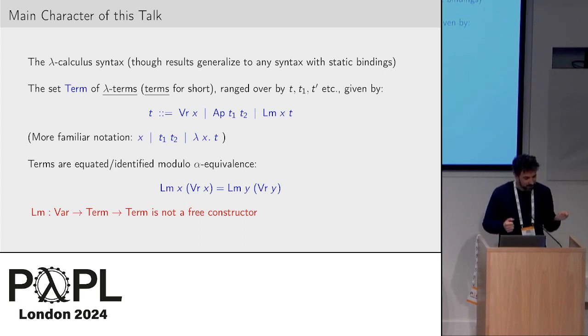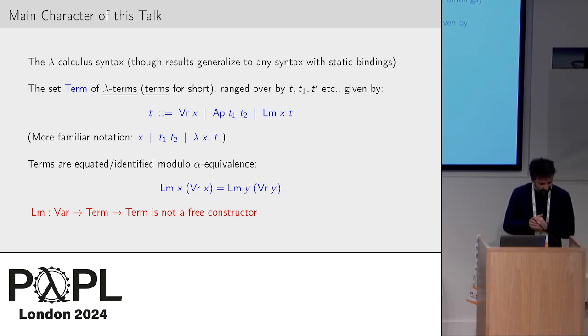The lambda-calculus syntax is specified by this grammar. So we have the lambda terms. I will just refer to them as terms. And the grammar says that a term is either a variable, or rather an injection of a variable, or an application of two terms, or a lambda abstraction of a variable in a term. You can see the more familiar notation there, but I'm going to use this more pedantic notation. I'm going to use these operators VR, Epi, AP, and LM.